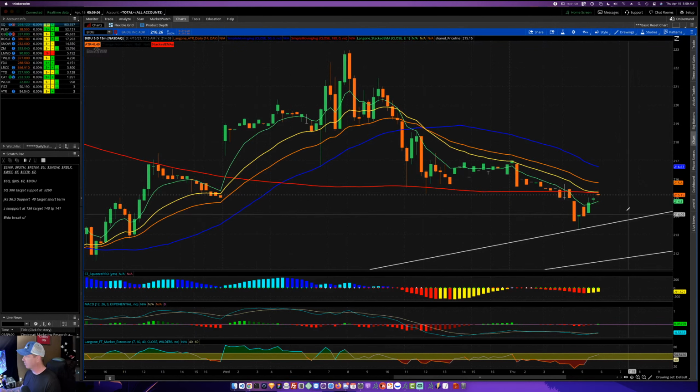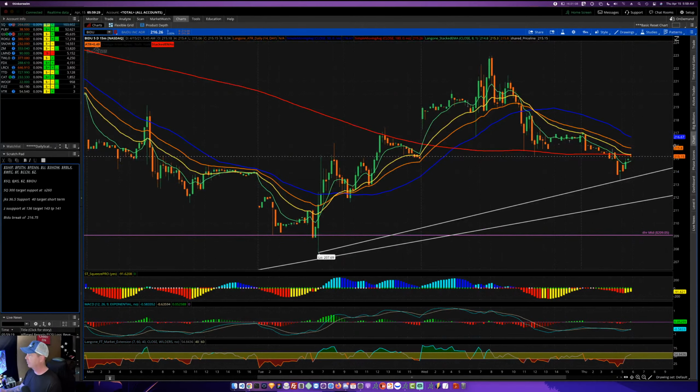So 215, if we break, for me actually a break at 216.75, I would look to play BIDU up to